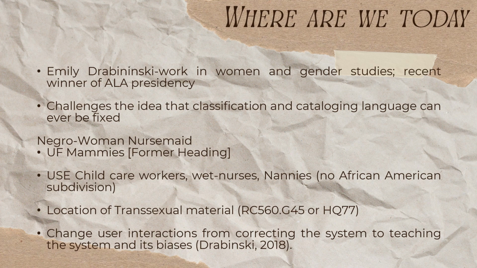Drabinski encourages us to instead look at these systems with a queer eye. Instead of trying to fix a functional problem where we think we finally have corrected the language and labels, queering the catalog moves away from trying to fix the classifications and encourages critical thinking and critical reading of the catalog itself. Change user interaction from one of correcting the user's engagement with a fundamentally and inescapably biased retrieval system to one of teaching the user to engage the catalog as a complex but biased text, just as the critical catalogers do.